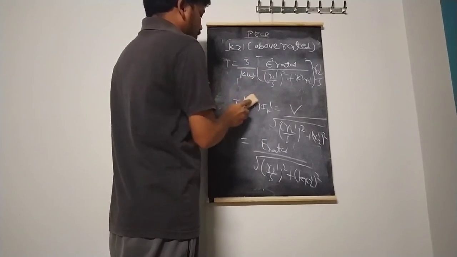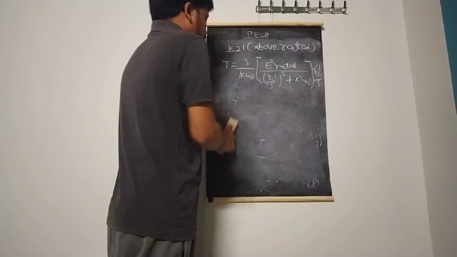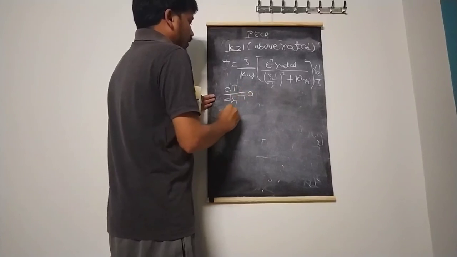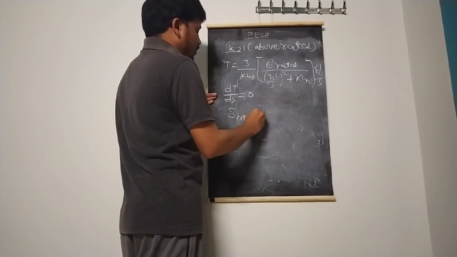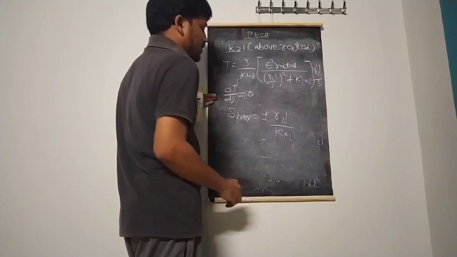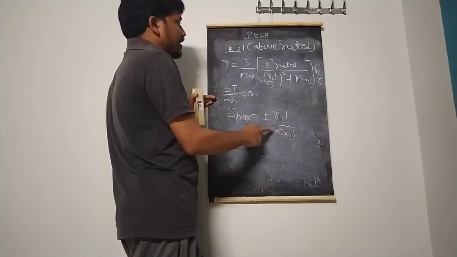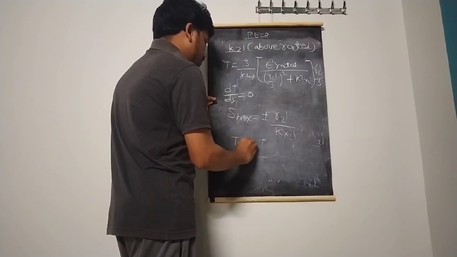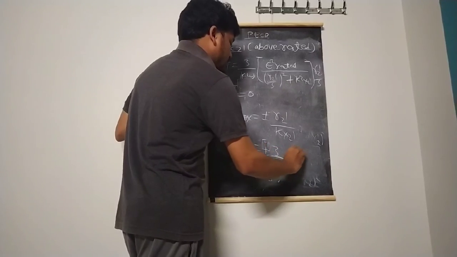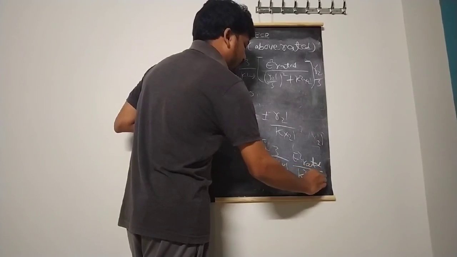Similarly, if you want the torque at which maximum torque occurs and also the slip at which maximum torque occurs, then differentiate the torque with respect to slip and make it 0. Then we get S maximum, the slip at which maximum torque occurs, is plus or minus R2 dash by K into X2 dash. Because the K term is present here, whereas in the case of K less than 1 there is no K term. And T maximum is equal to plus or minus 3 by 2 omega s into E square rated by K square into X2 dash whole square.